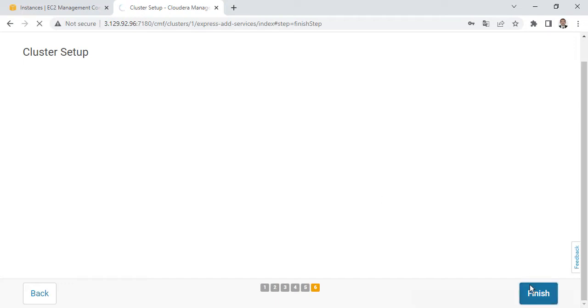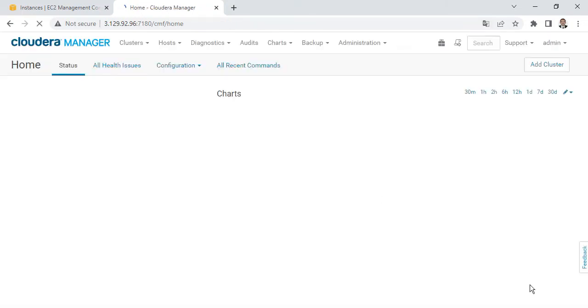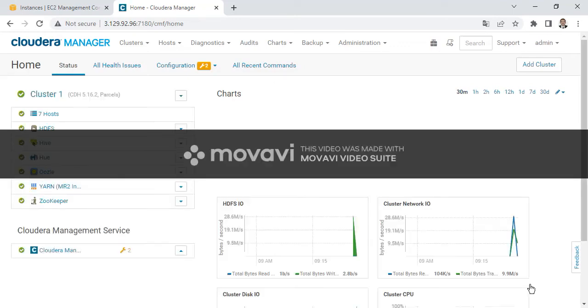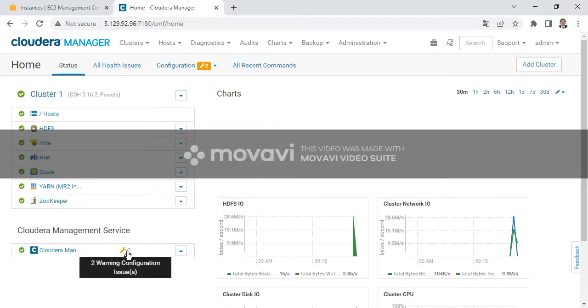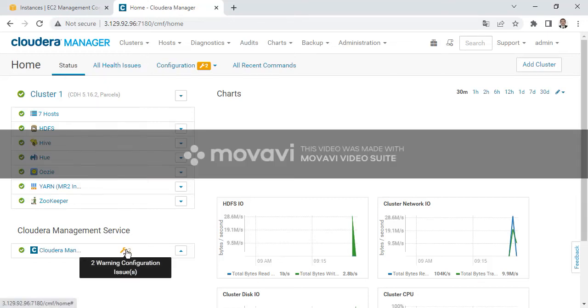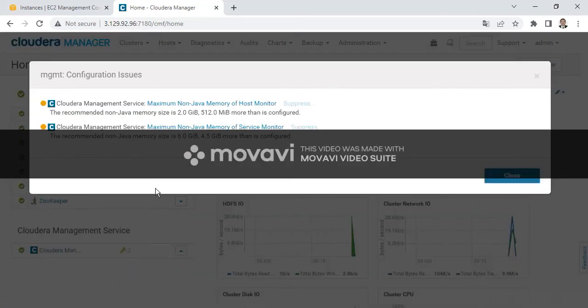Yes, finish it. This is the cluster which we have deployed, okay. Then, fine, there are no stale configurations expected. So we have two warning configuration issues. We will resolve these two issues, okay. Two warning configuration issues. One is